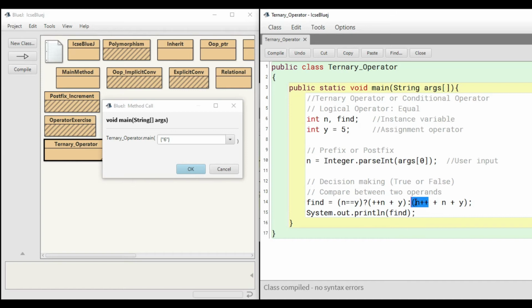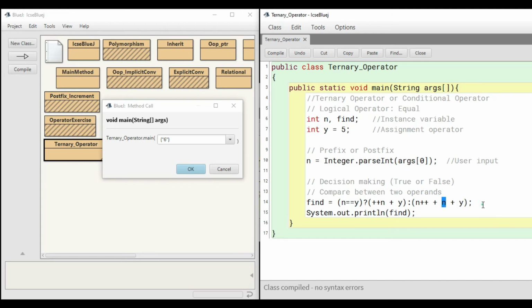So it's a postfix, and I told you, in case of postfix, the incrementation won't happen immediately. It will wait for its next statement. So right over here, I have given the value as 6. So at this segment, the n is going to have 6. So it will be 6 plus, here you can see there's a plus. So 6 plus, what will be the value of this n? This is going to be 7.